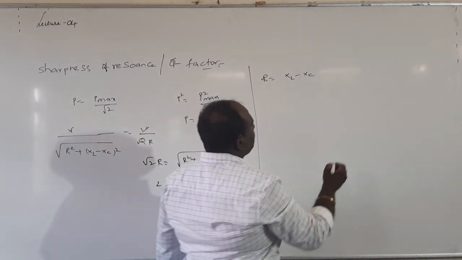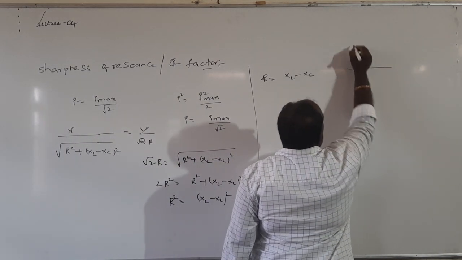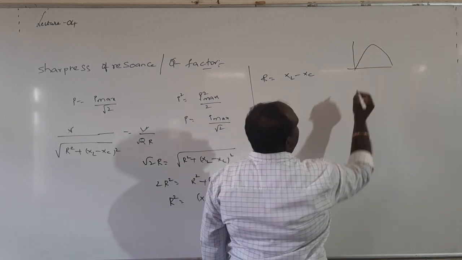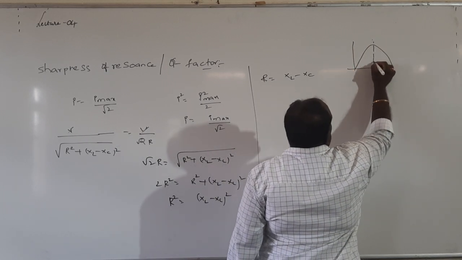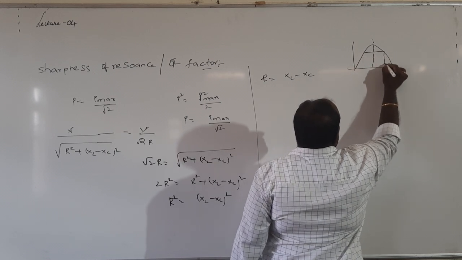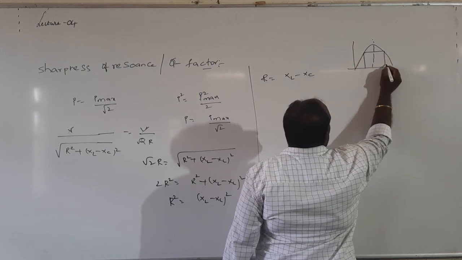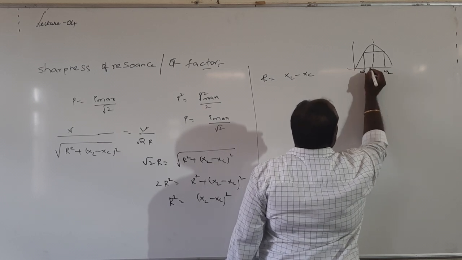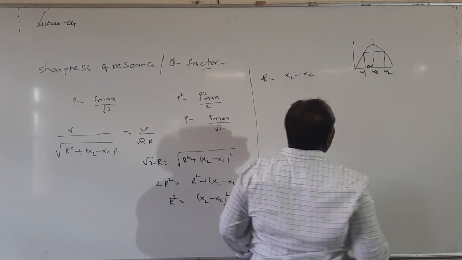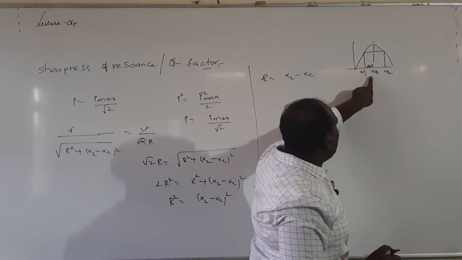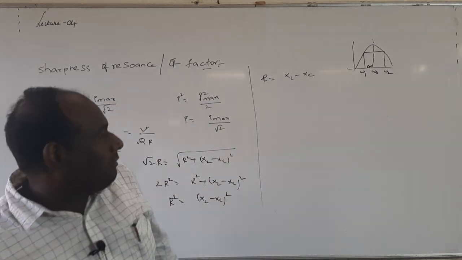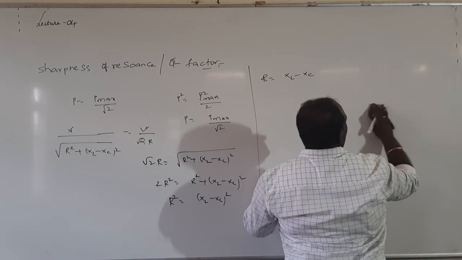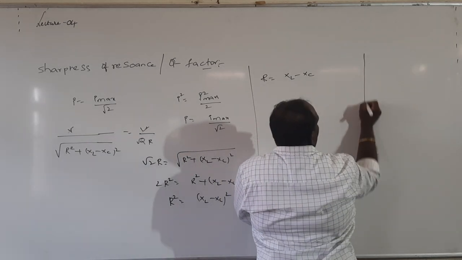Now come to the graph. The difference between omega 1 and omega naught, and omega 2. So the distance between these two, the difference between omega 1 and omega naught. Sir, I will write clearly. This is an important section. So this is the curve. We are getting this curve.